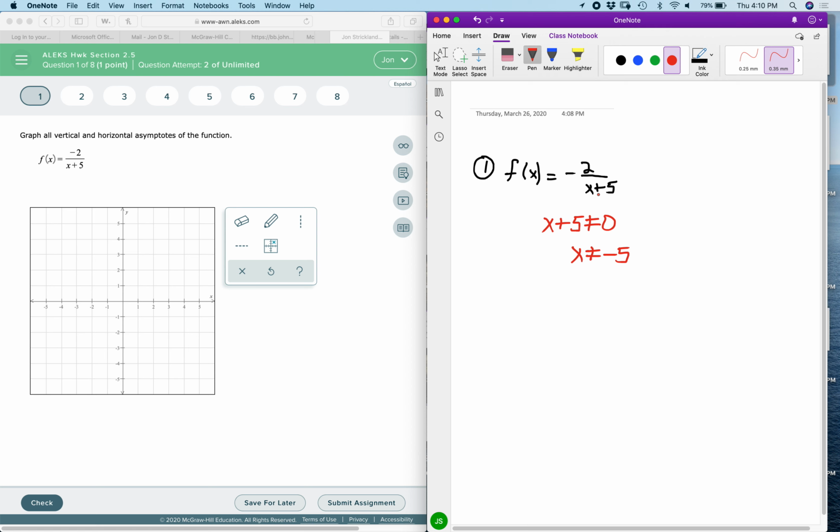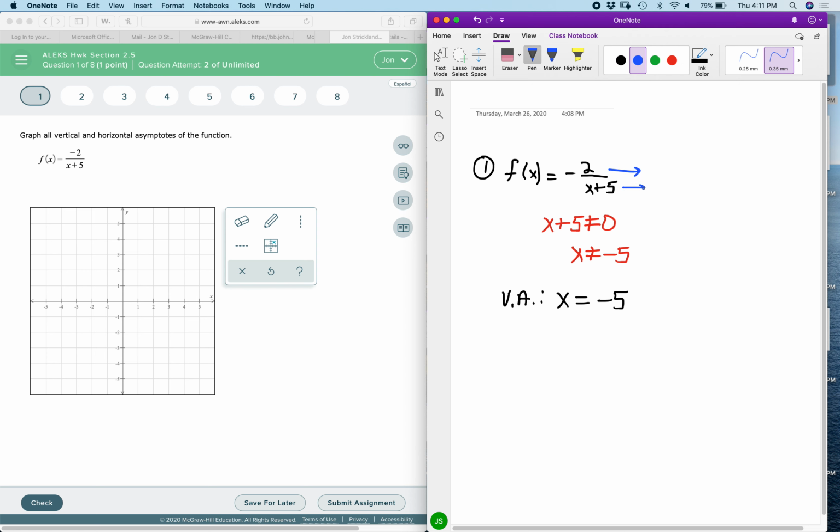Since x plus 5 is not a factor of the numerator, the factor remains, which signifies that the exclusion from the domain is going to become a vertical asymptote. So in this case, the vertical asymptote will be at x is equal to negative 5. Now, in terms of the determination of the horizontal asymptote,